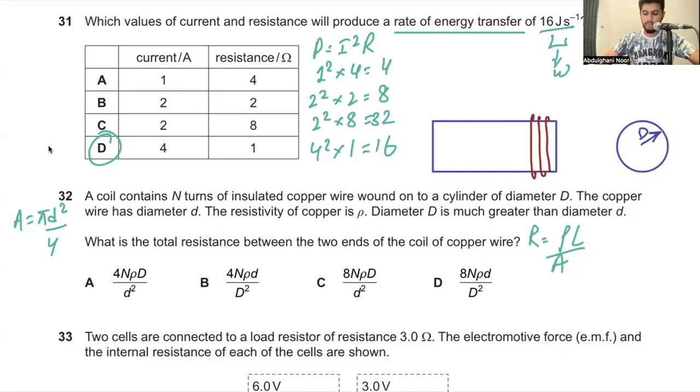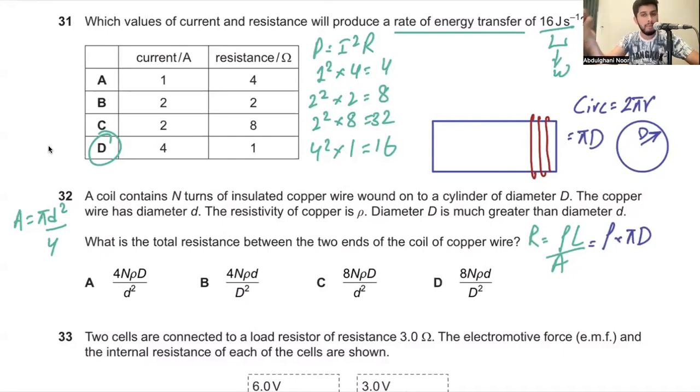So for length, you will take the circumference. Circumference का फॉर्मूला होता है 2 pi r. Circumference is equal to 2 pi r. Or I can say circumference is equal to pi d. Same thing. So this gives me resistivity times pi d. लेकिन इसमें ये भी तो है कि कितने टर्न्स हो रहे हैं.